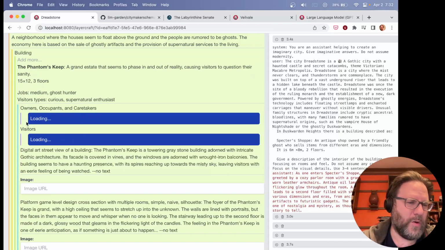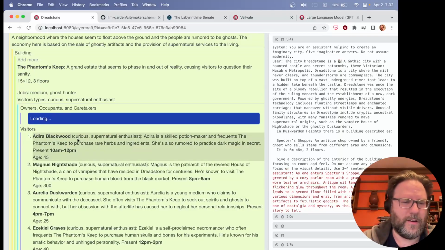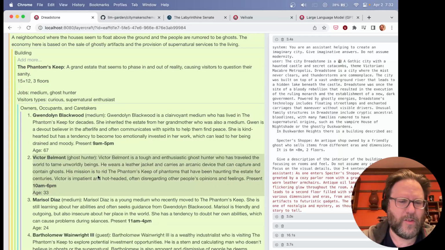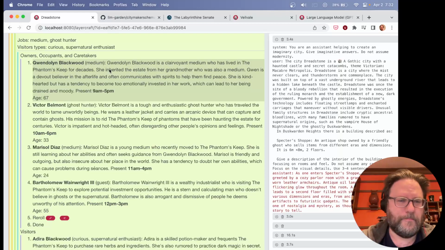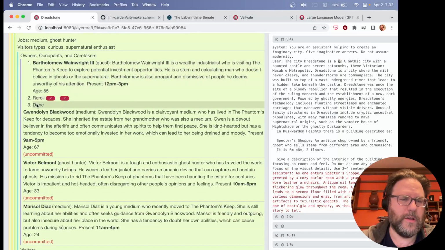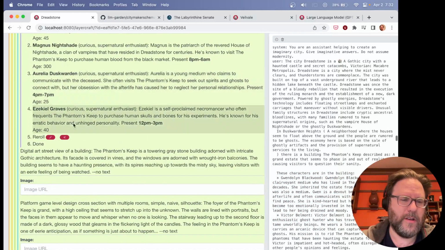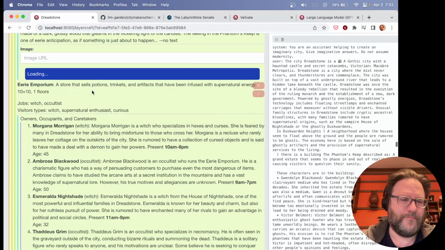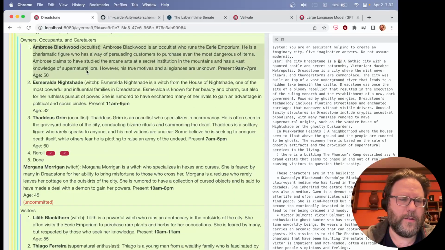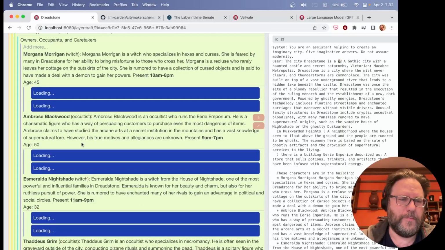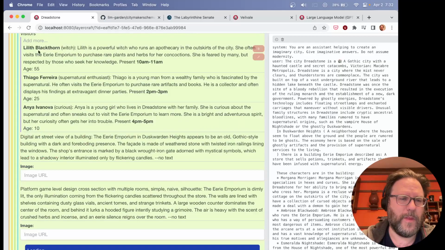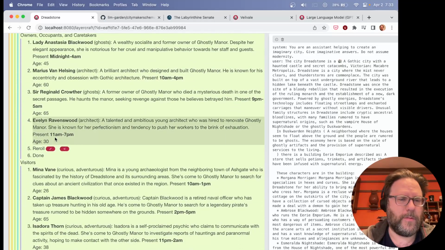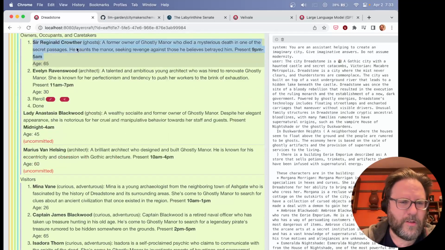Now I've separated out owners and visitors. I should get rid of that. Visitors really aren't an interesting distinction from these other people. It should just be one group of people who are associated with the building. Yep, I'm going to add a few of these people just to have something to work with later. They work very much like the faction members do. It's not really different.